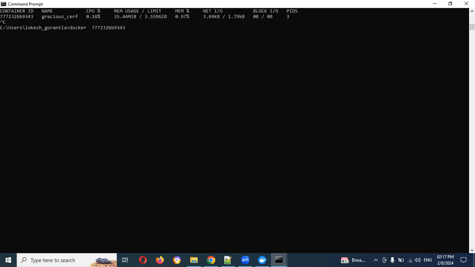Now if you go for docker container run -p 5001:5000, and next I'm going to use the container ID itself. But before that we need to stop the container, or else you can use 77723. Now I removed it and